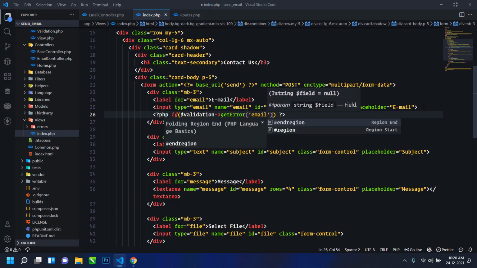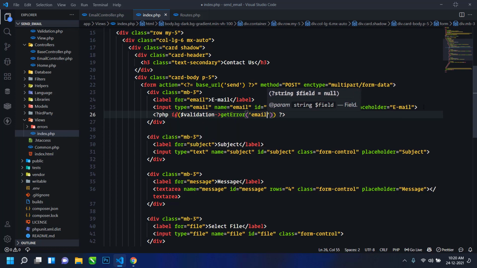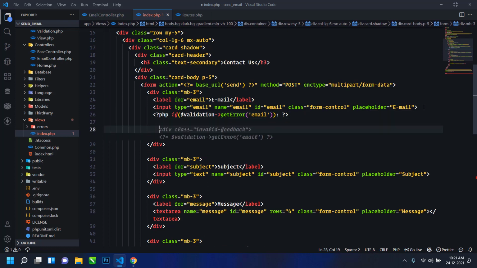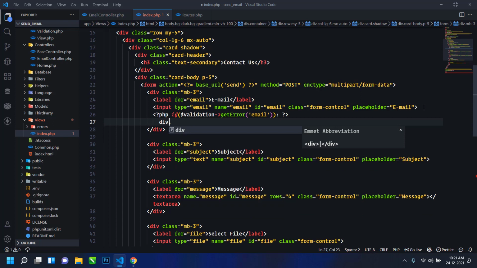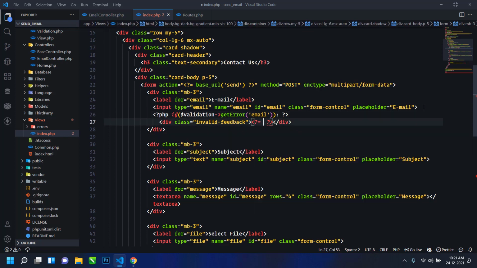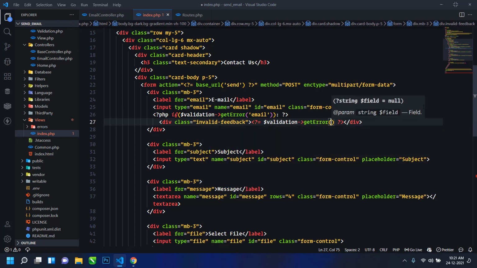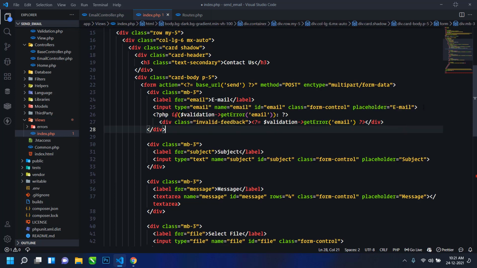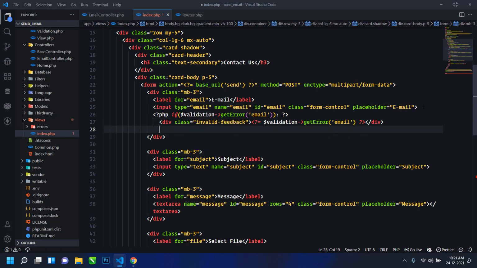If email has some validation error, then in this case I will use a div with class invalid-feedback, and here we will display the validation error message. So just use the php short tag, and here just write validation get error, and just write email. Okay, and we have to close the if statement here, so just use php endif.